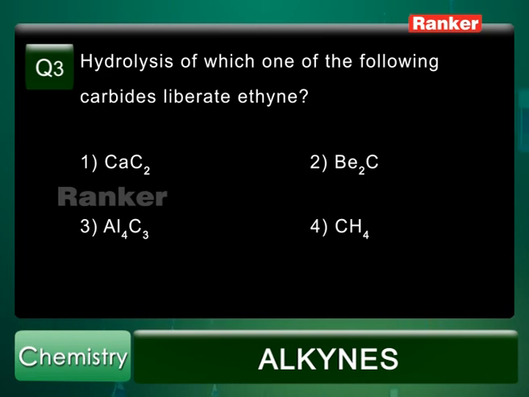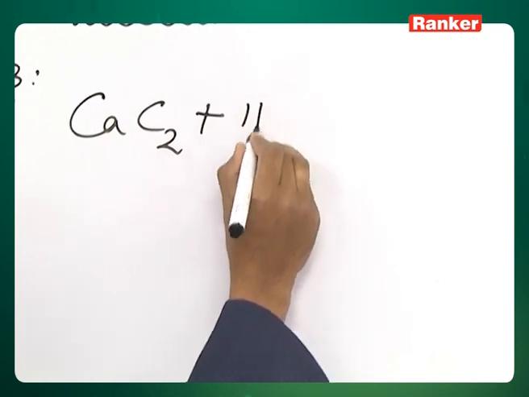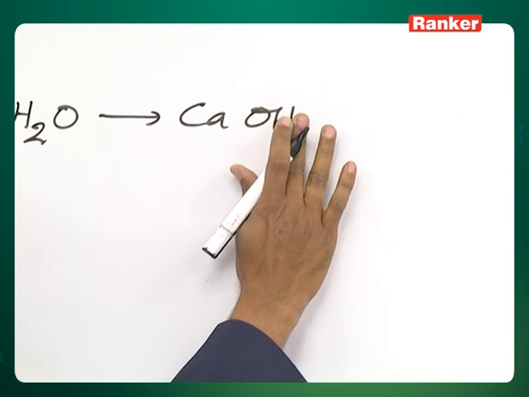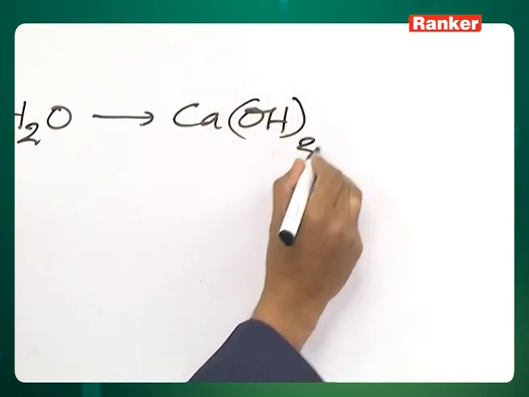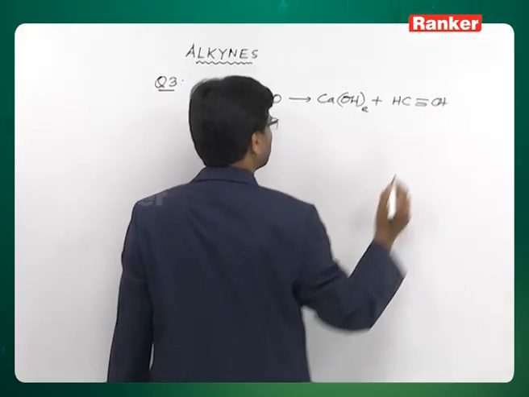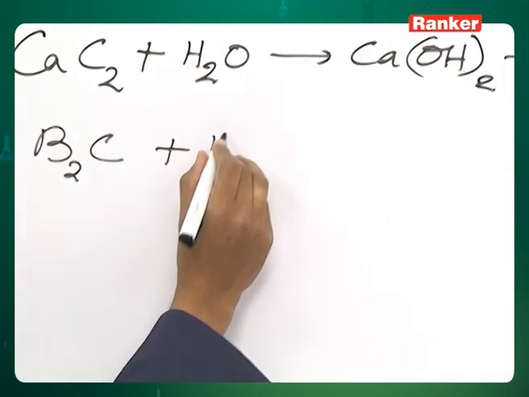Question number 3. Hydrolysis of which one of the following carbides liberates ethyne? First option calcium carbide, second option beryllium carbide, third option aluminum carbide, and fourth option is methane. Let's check it out. Calcium carbide on hydrolysis produces calcium hydroxide and acetylene, that is ethyne. Beryllium carbide